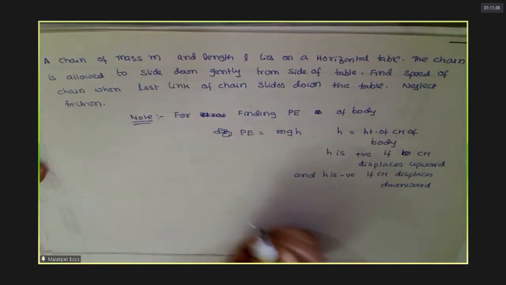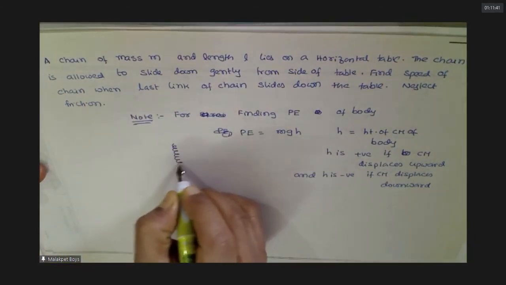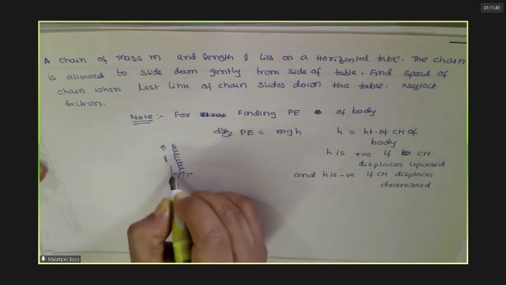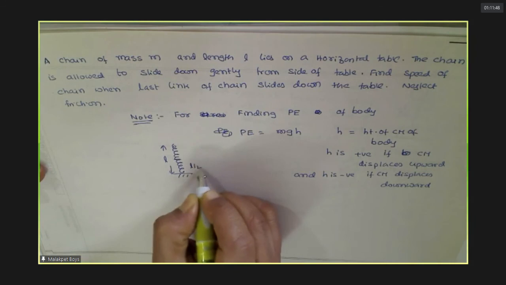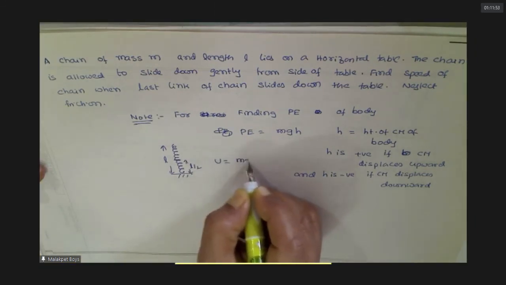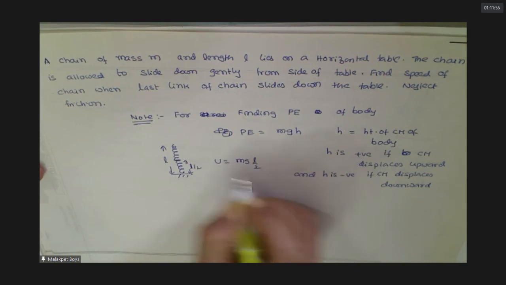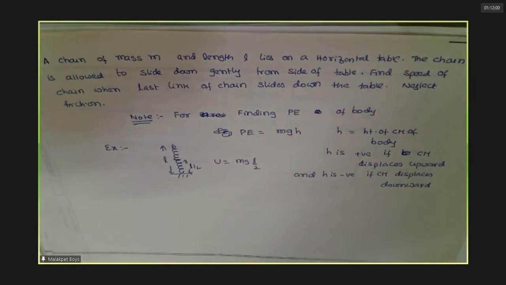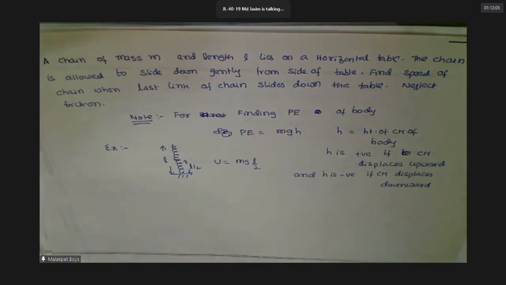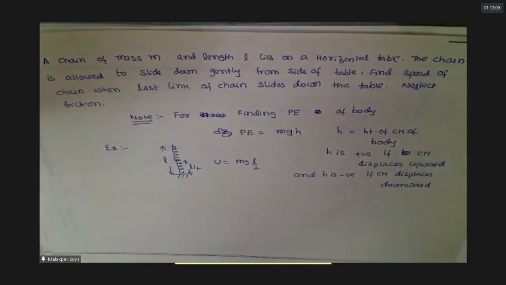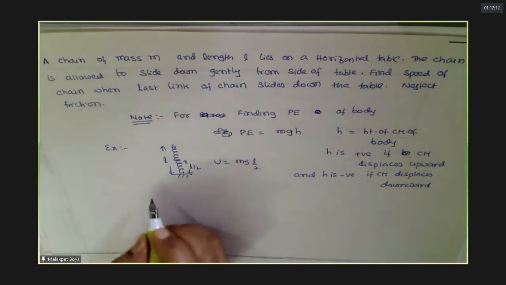The chain is there from here. This height is L. What is the potential energy? I am taking what? So mass by 2, by 2. This is what we have done earlier by integration. Remember this? We proved that. So how much? Remember this or not? Right. Now here also there is a chain